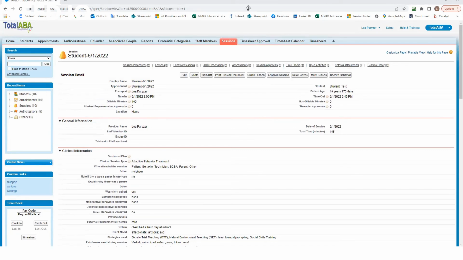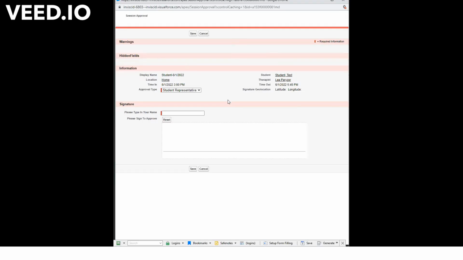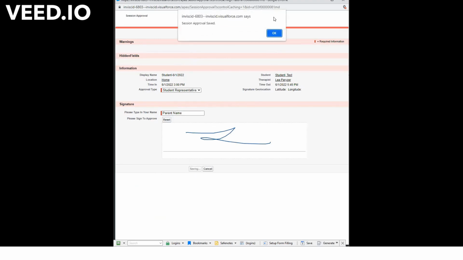And I'm going to share a different screen. This is what pops up. It says display name. Okay, we have the client's name. Approval type is student representative. This is the parent's signature. So the parent's going to write their name and they're going to sign, and then they're going to hit save. Now the last step